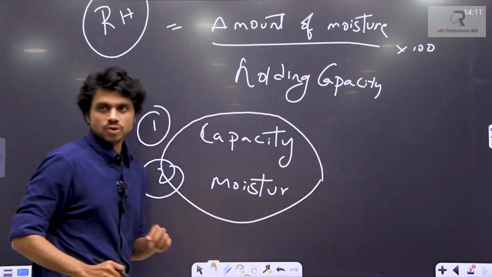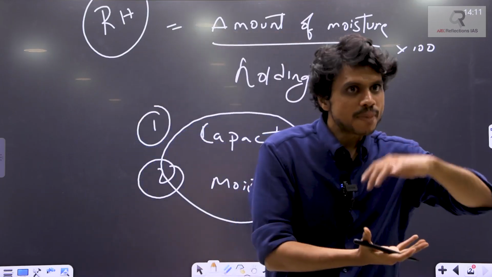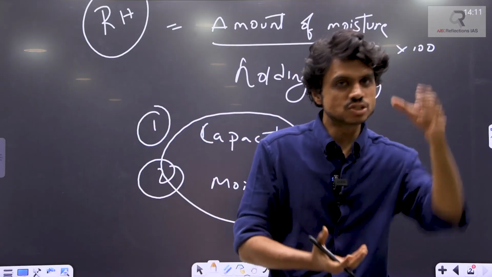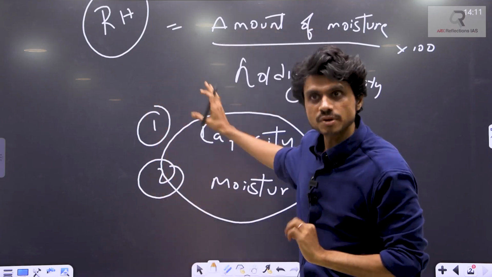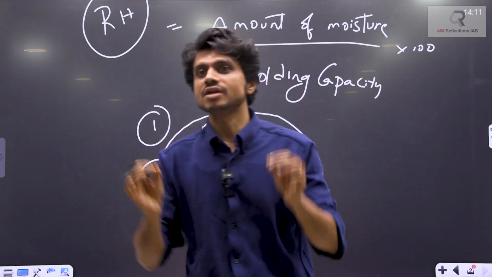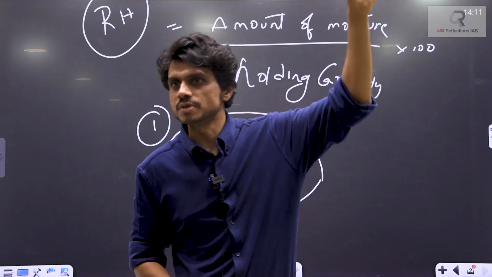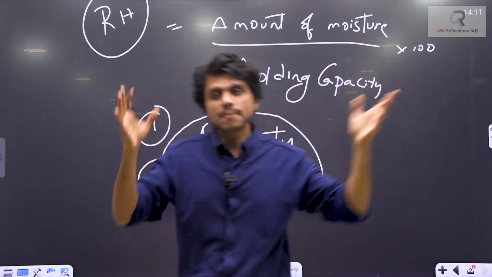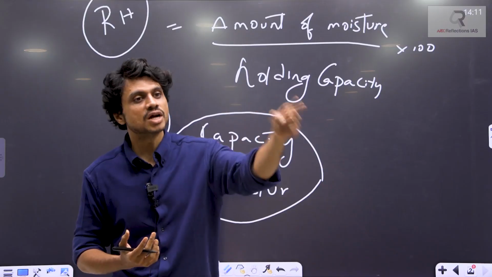So we are talking about the air parcel's ability to hold the moisture: how much moisture it actually has and what its capacity to hold is. This is called the concept of relative humidity. Humidity simply means water in the gaseous state. Whatever water vapor is present in the atmosphere is called humidity. So when the air parcel becomes saturated with this water vapor, it leads to condensation and formation of